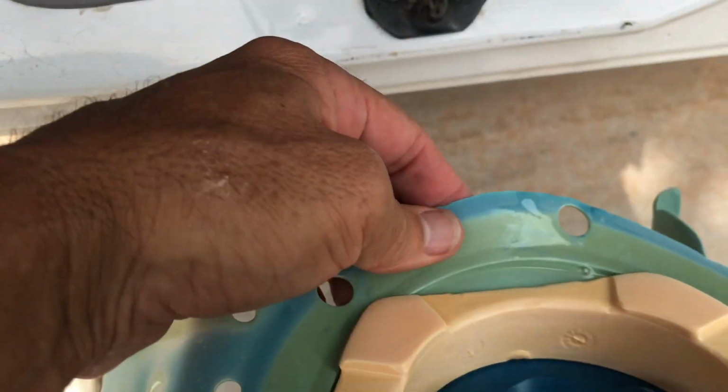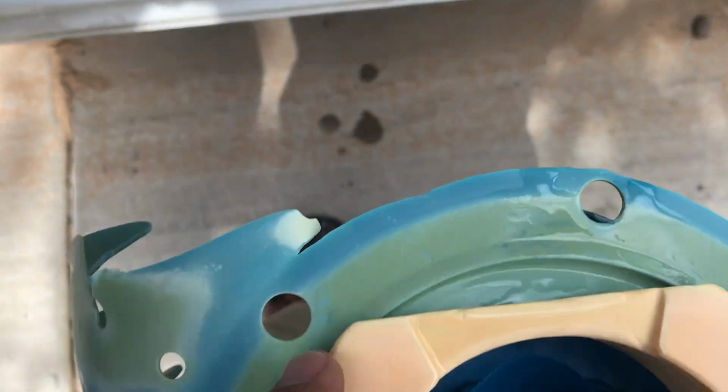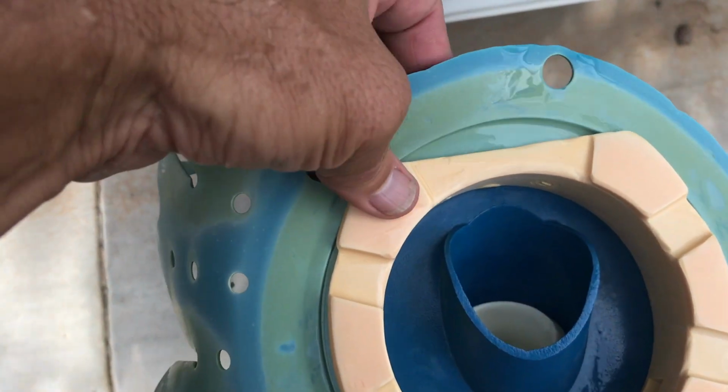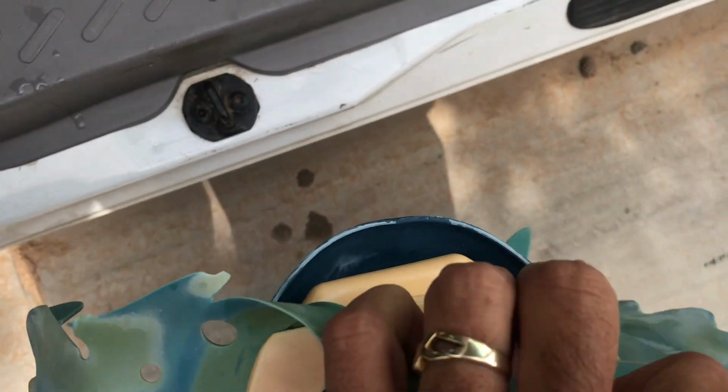If I don't want the foot pad to come off, I can put my hand on that and hold it. But you notice, see this flat side right here, that edge? Right? And the rest of it is kind of rounded. I can pull it off on that side easier. Okay, so I'm going to pull it off. It comes off of that